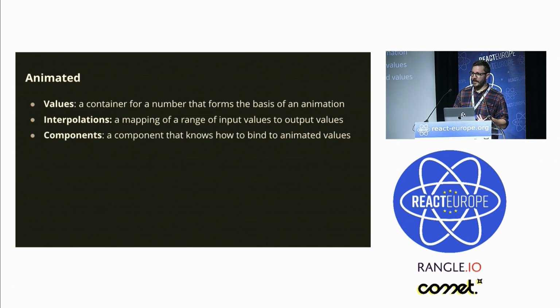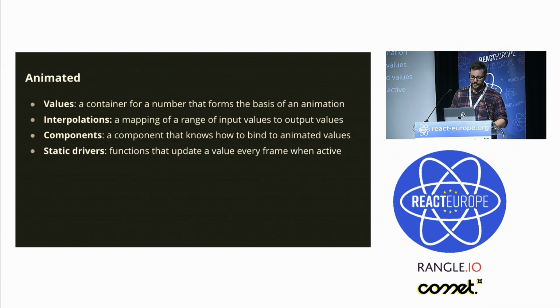We have components, which we saw with View before, and like I said, things like Text and ScrollView and other React Native components that are exported from the Animated namespace that you can also use. We have static drivers, so we've seen so far that Animated.timing is one way to drive an animation, right? We can give it an animated value and start an animation on it, and that's referred to as a driver for the animation. It's the thing that takes it and moves